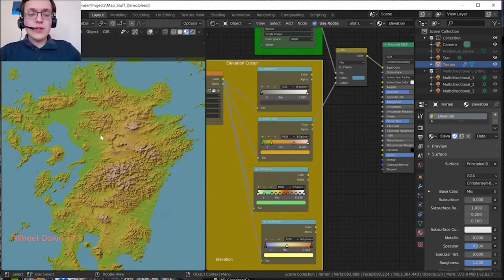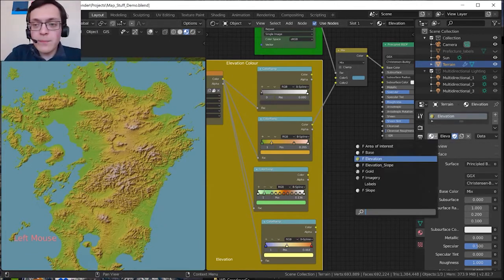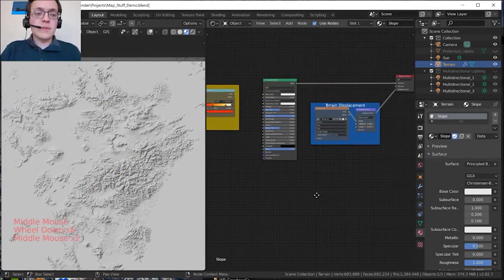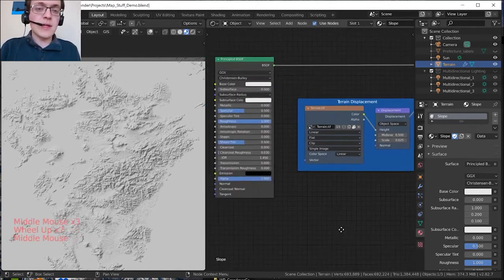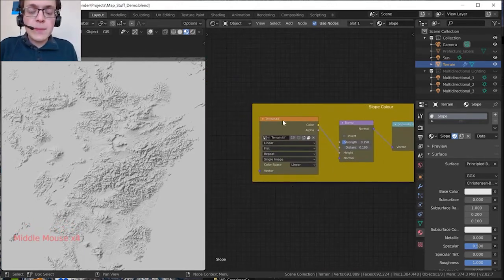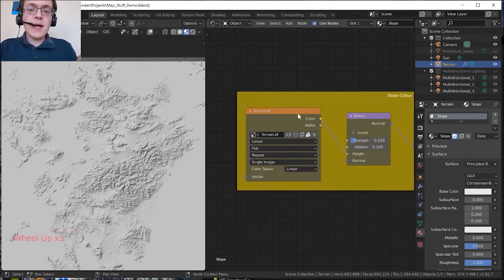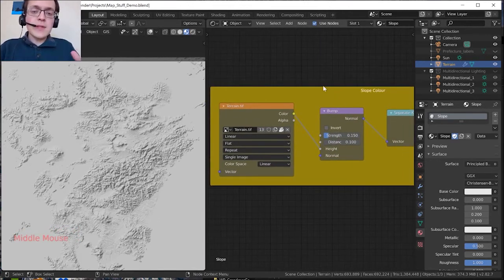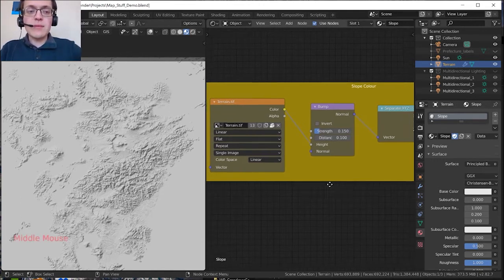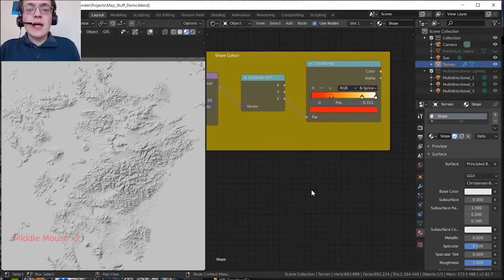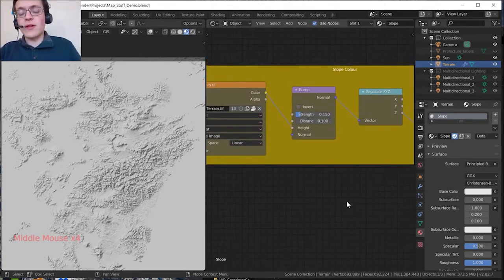So with this, we have our elevation visualized. What if we want to visualize slope? So that's a little bit trickier, but not especially. So for this one, again, we have our displacement set up. And then over here, to get the slope, I've plugged my height map into a bump node. And what that's doing is it's creating an extra layer of data for every point in our map. It's the same thing as what's going on with our displacement, it's visualizing how light would reflect off the surface